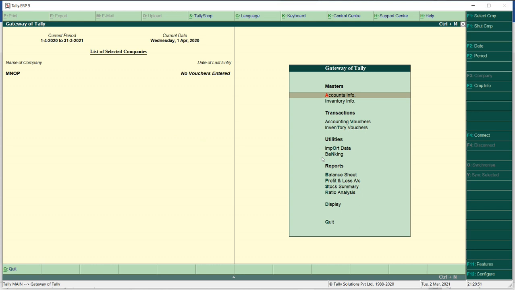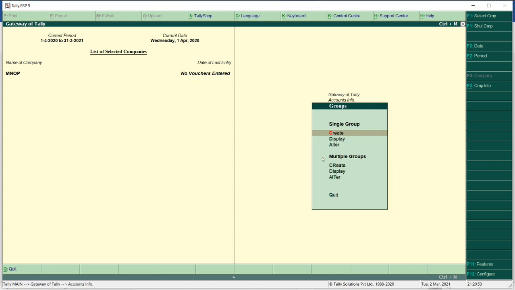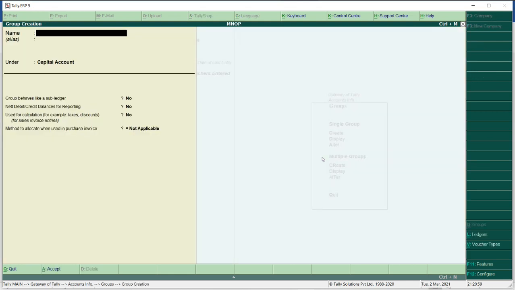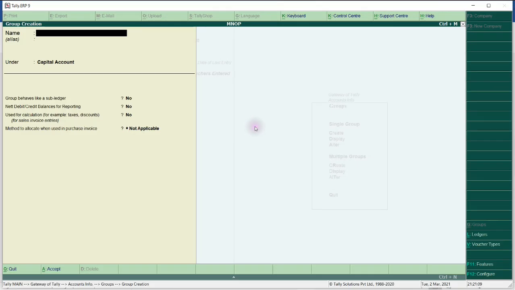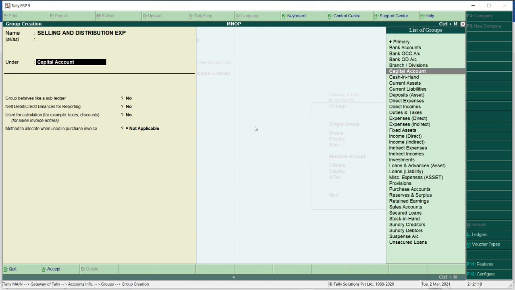Click on accounting info, then go to groups, then I'm selecting single group option. Here first we have to create the selling and distribution expenses. It's a primary group.